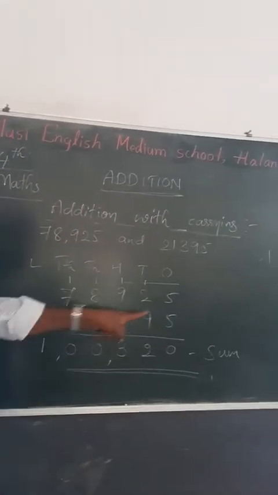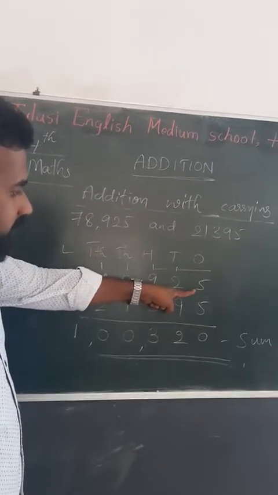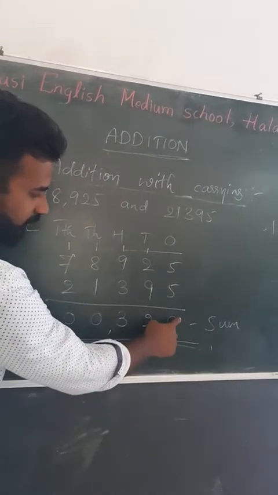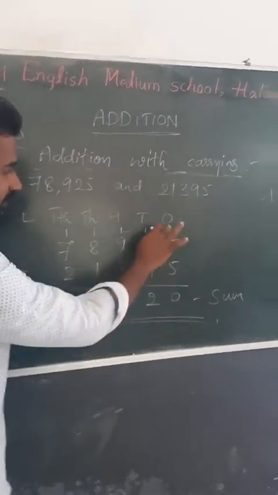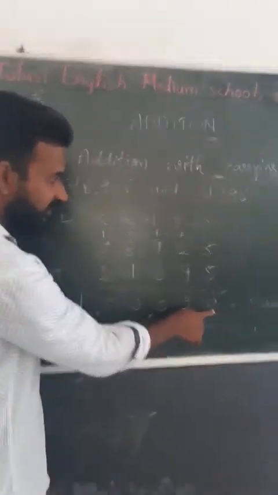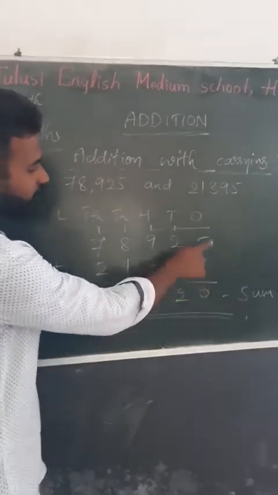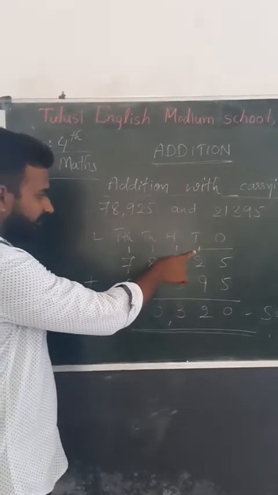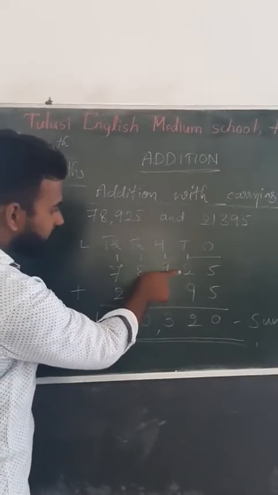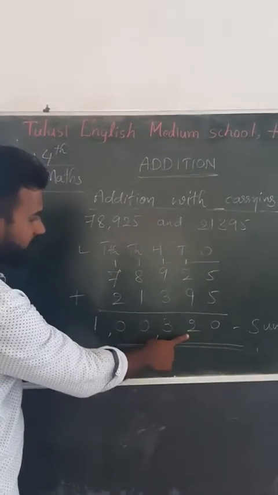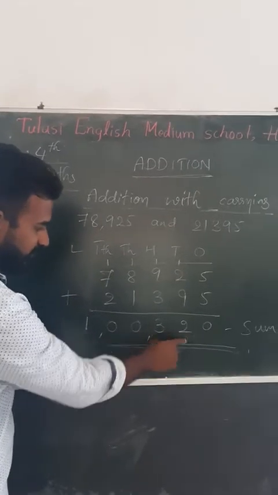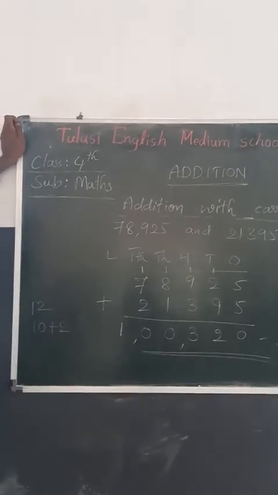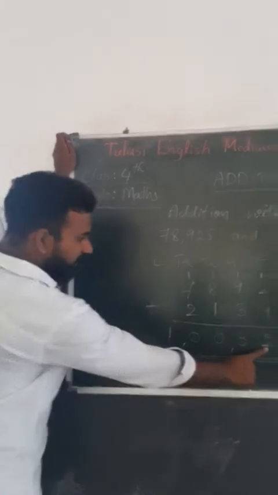1,320. While adding the digits, 5 plus 5 is 10. So 10 ones is equal to 110. No extra digits here. So that 10 ones I took as 110. So 110 plus 210 plus 910 is 12 tens. In 12, I did it as 10 plus 2. So 2 I wrote as it is.